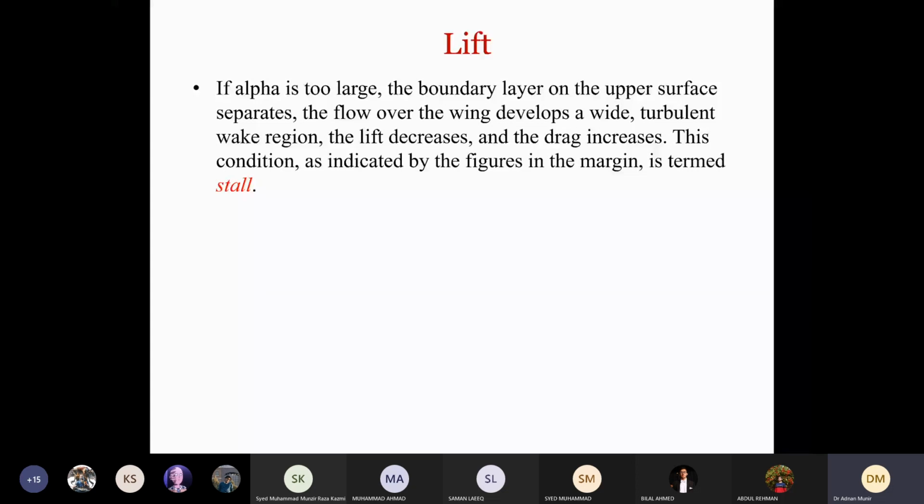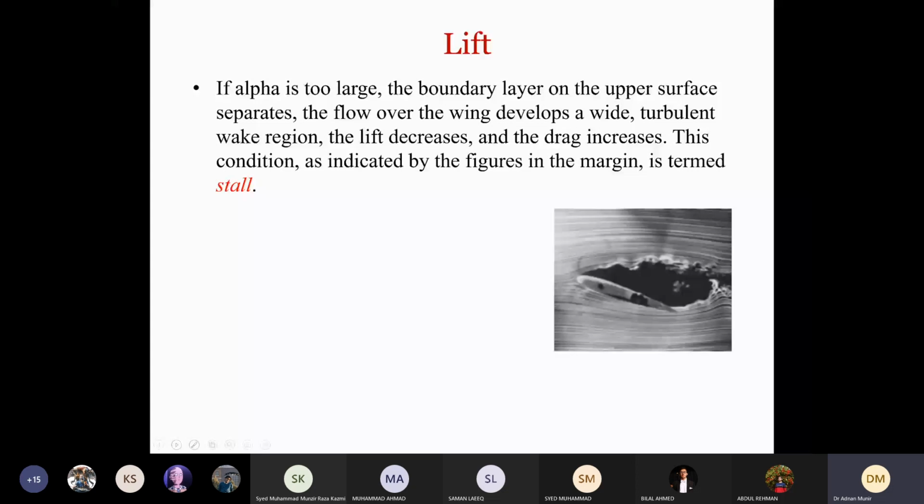Now this is an example of results taken from a wind tunnel. So we have the incoming flow coming in this direction. We also saw a video of this. I'll show you again also. So now you can see that at this angle of attack, the flow separates. When the flow separates, you can see the dynamic nature of this turbulent wake, and then you can clearly see it over here. I'll show you the video also.